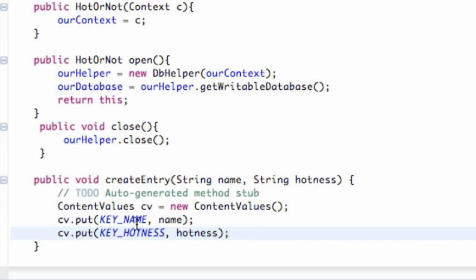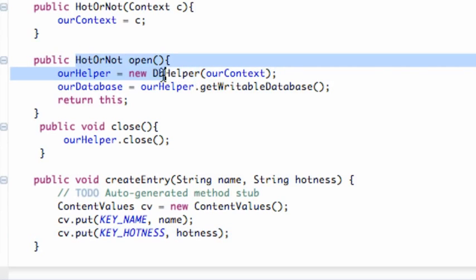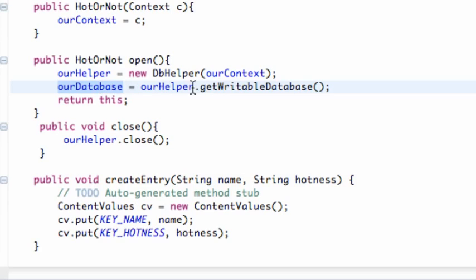And now we just need to insert it into our database. So again, this method is being called after our create method, or our open method, I'm sorry. So basically we have our helper, and then our database is basically accessed, and we're going to be able to write to it. So all we have to refer to is our database here. So we're going to say our database